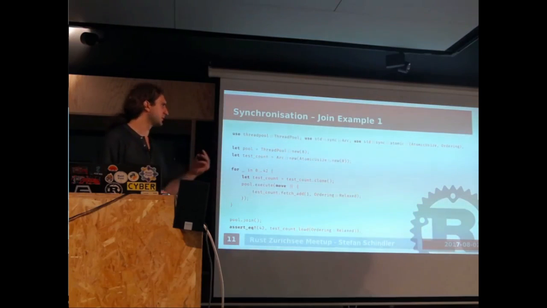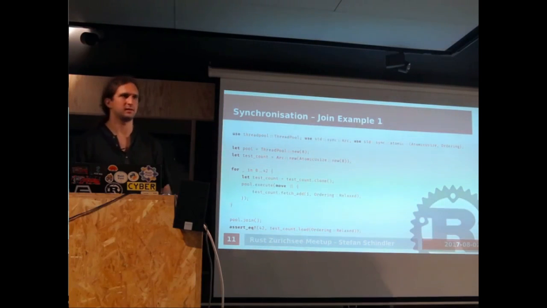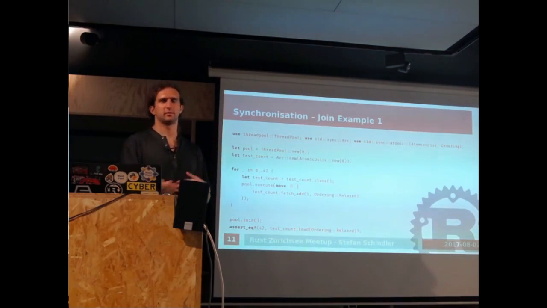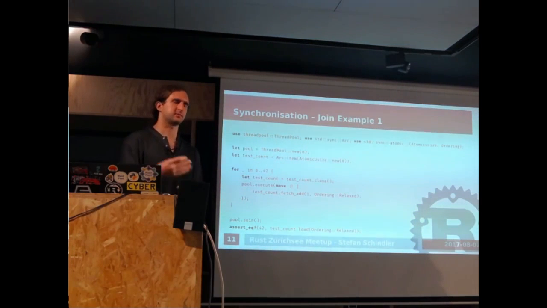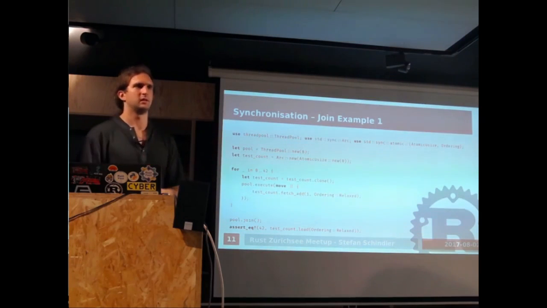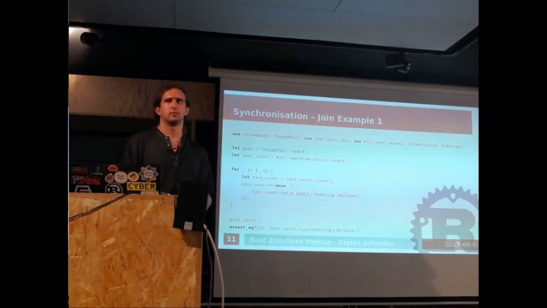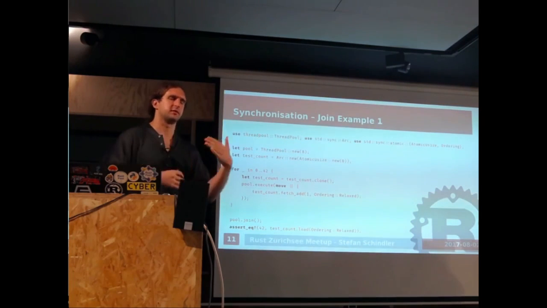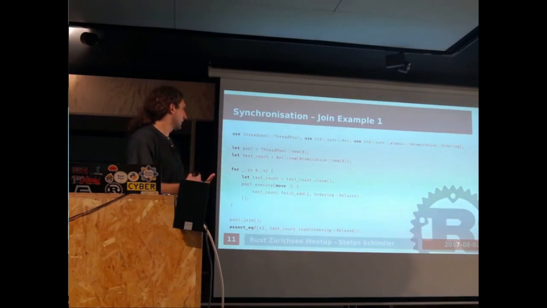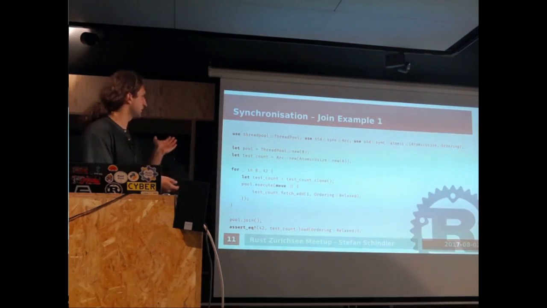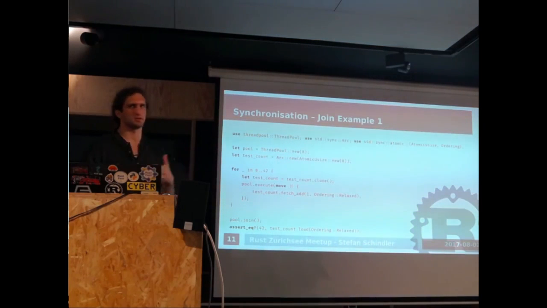There are stricter ways, like Release or Acquire, where I say if I want to write or read something, the events must be visible before or after, or SeqCst, sequentially consistent, when I don't allow any reordering of the instructions. In this example, reordering is not much of a deal because we only have one instruction.